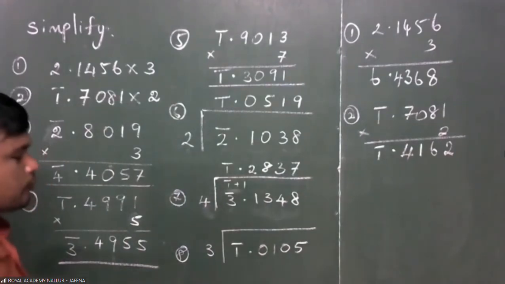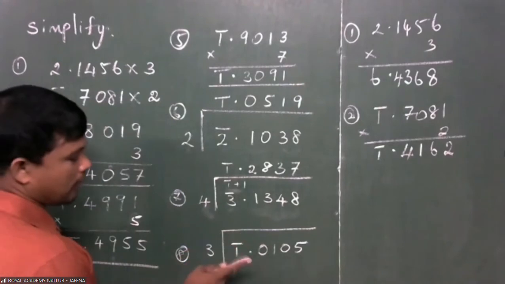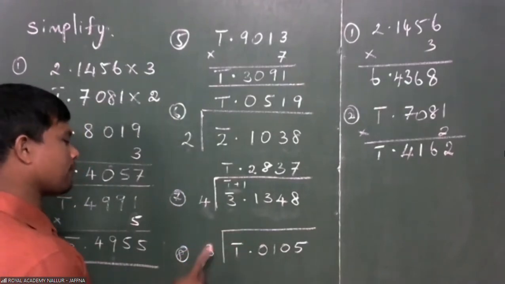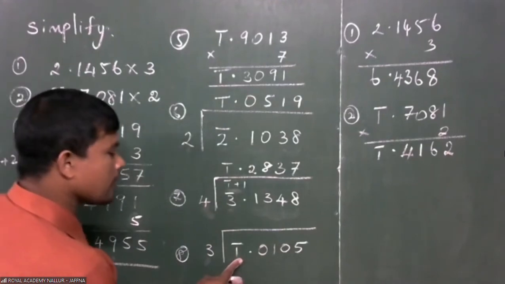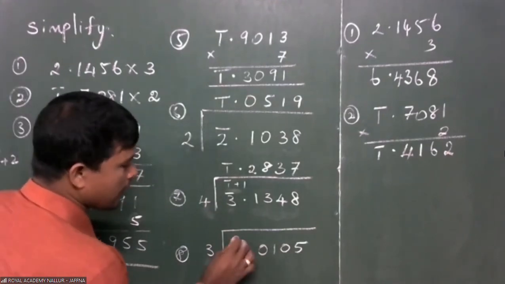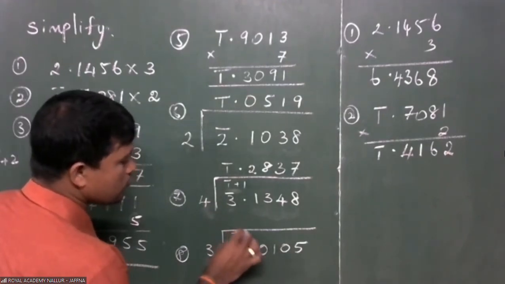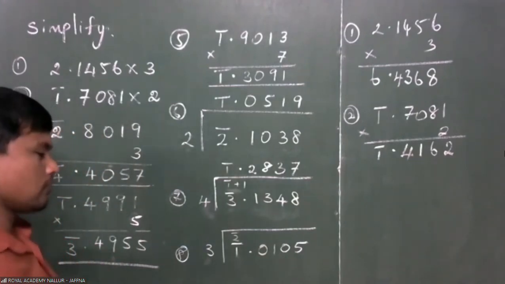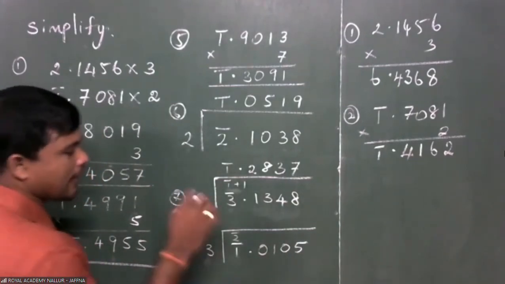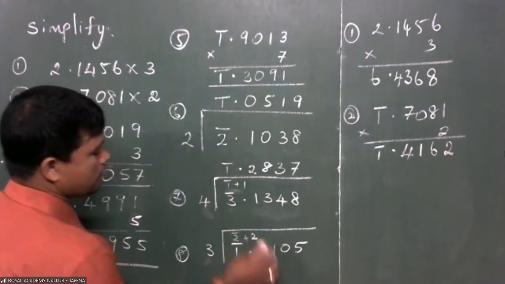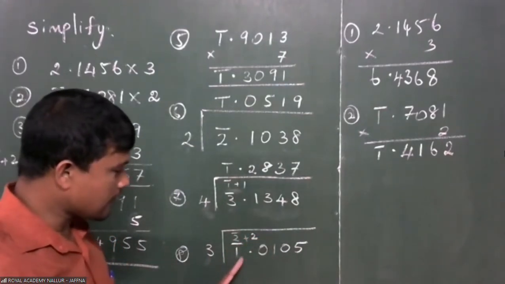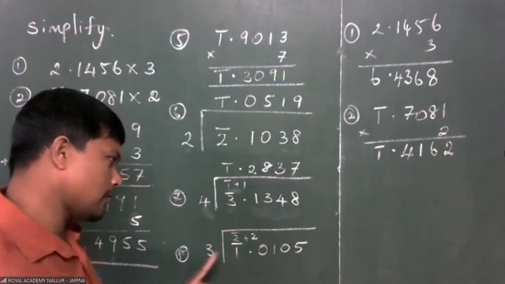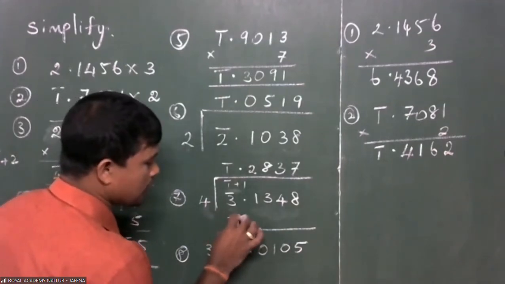Let's check. Here, bar 1 is there, but the multiple of 3 will be bar 3. So, to make this value bar 3, we have to give 2 more. That means bar 2 is needed. At that time, we need plus 2 also to cancel that operation. Right. Now, this first answer is bar 3. Out of bar 3, 3 is bar 1 times.